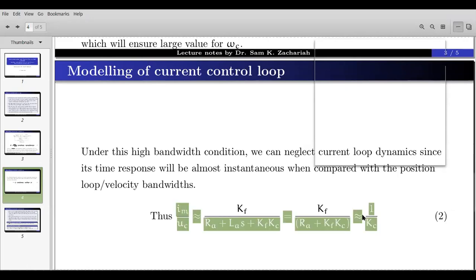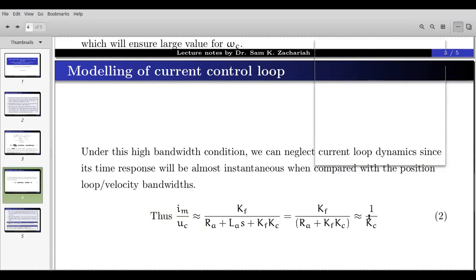The advantage is linearity. Non-linear elements are present in the power amplifier, and the power amplifier has some other issues like hysteresis. Everything will be taken care of by this current loop, and you will get only a gain factor in the transfer function. If you add the back EMF to that gain factor, you have to use a velocity feedback. So velocity feedback with a current control loop will be a stable system.